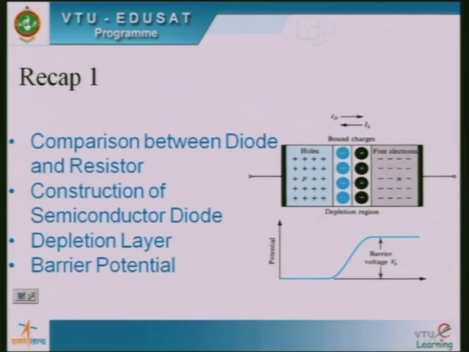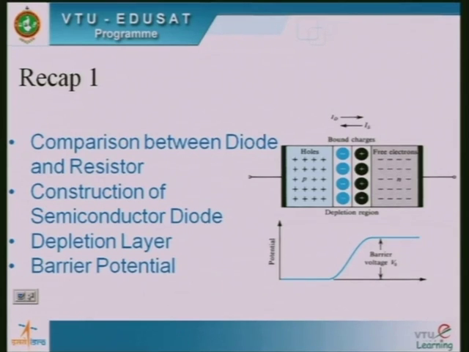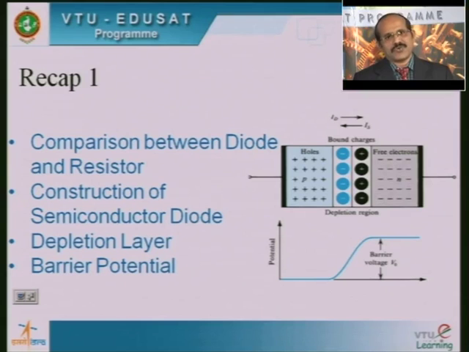As you know, the diode is a non-linear device, whereas a resistor is a linear device. The diode, in fact, is a two-terminal device like the resistor, but the diode cannot conduct in either direction. It can conduct in only one direction, whereas the resistor can conduct in both directions. And also we have seen in the